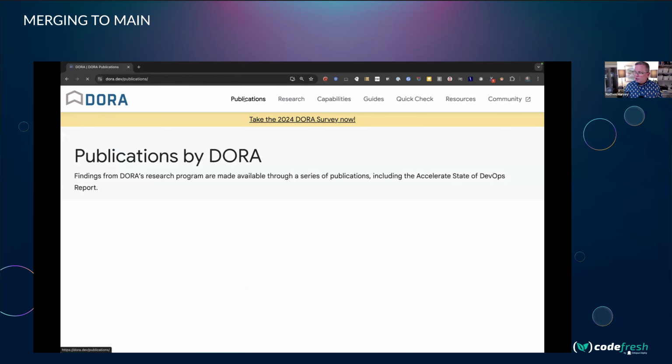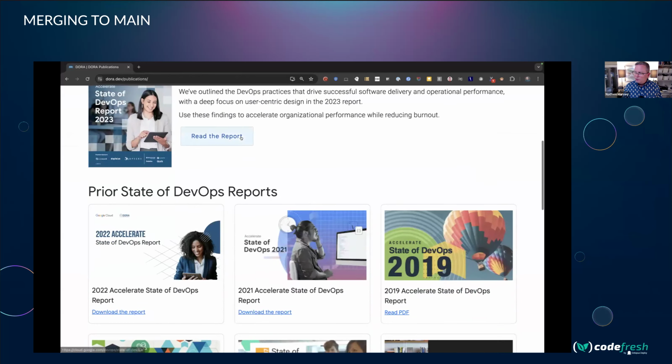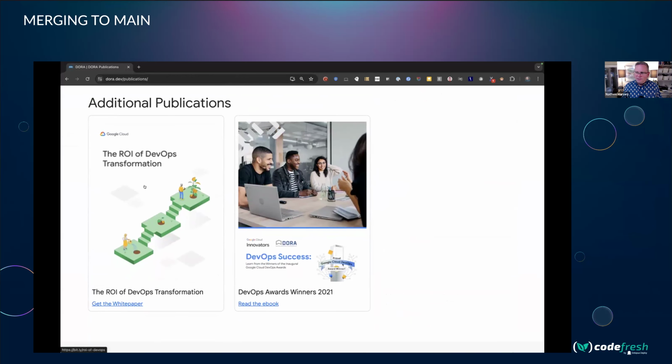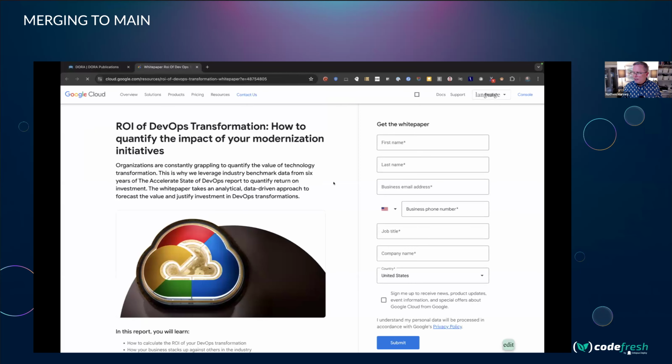For that, I'm going to jump over to the publications tab here. And towards the bottom of the page, we have exactly that, an ROI of DevOps transformation white paper. Oh, perfect. Yeah, I would highly recommend downloading this, Ken. It will ask you to register for it. I happen to have a copy local. Give me one second and I'll pull it up. The thing about this ROI study that is really nice is that